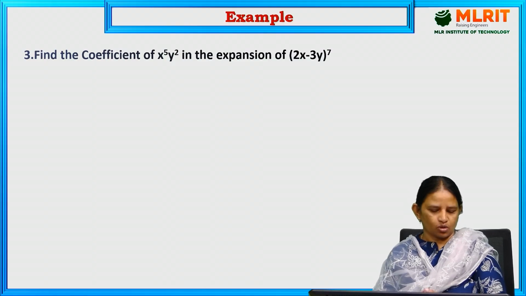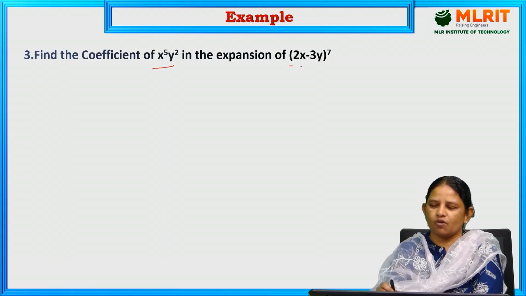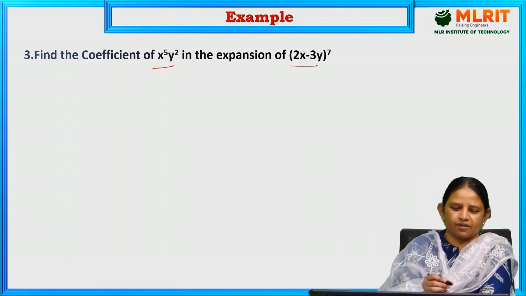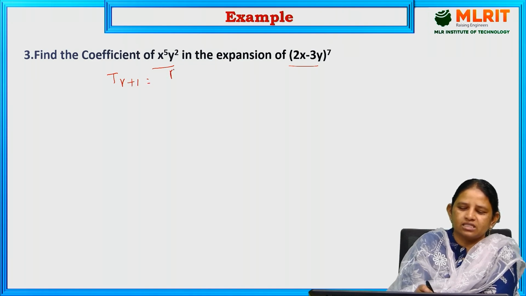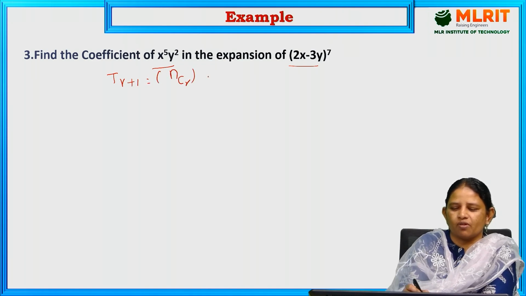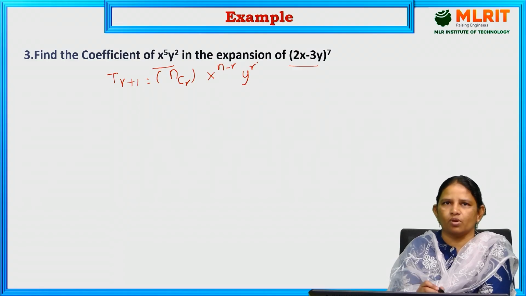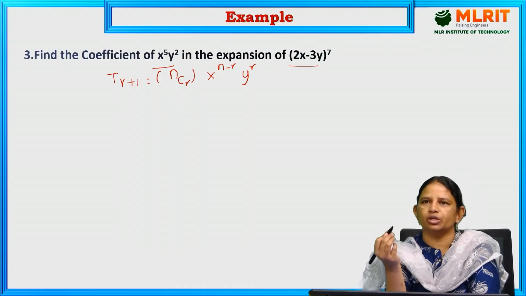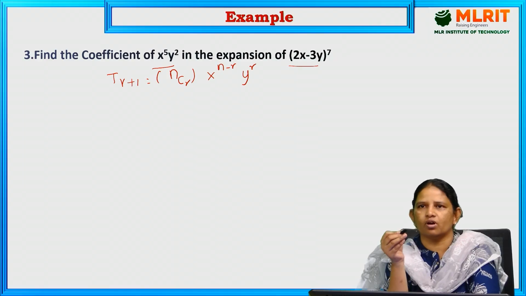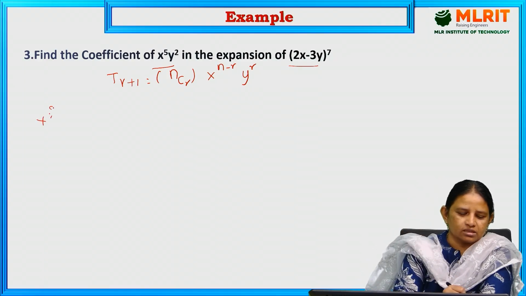Next, find the coefficient of x to the power of 5 into y square in the expansion of (2x minus 3y) whole to the power of 7. So what is the formula? T(r+1) equal to nCr x to the power of n minus r into y to the power of r. This is the formula. We don't know what the r value is. Based on the coefficient, we need to decide which r value is suitable for finding the coefficient in the expansion. So x is equal to 2x, y is equal to minus 3y,